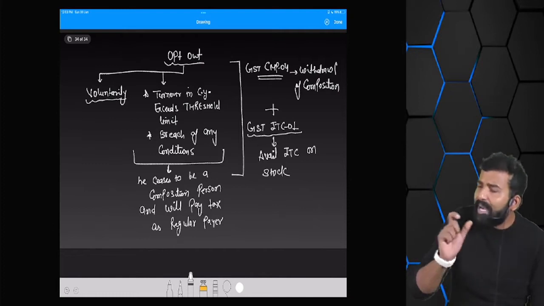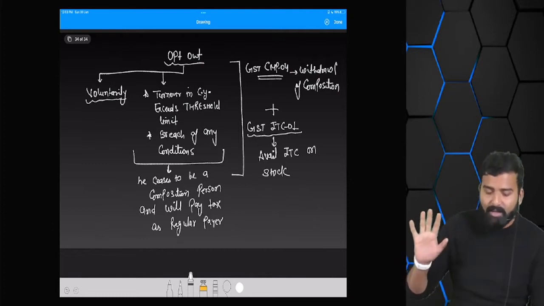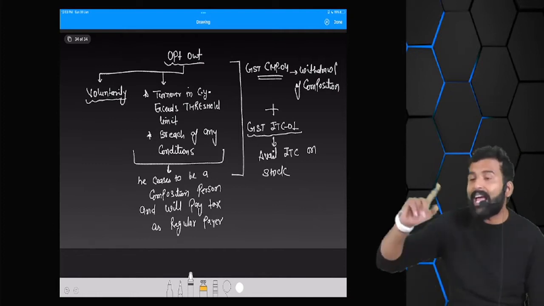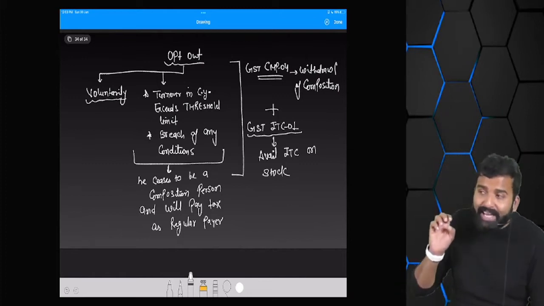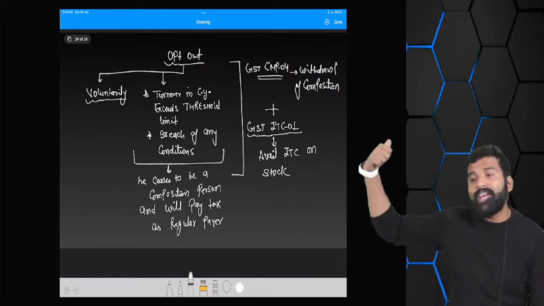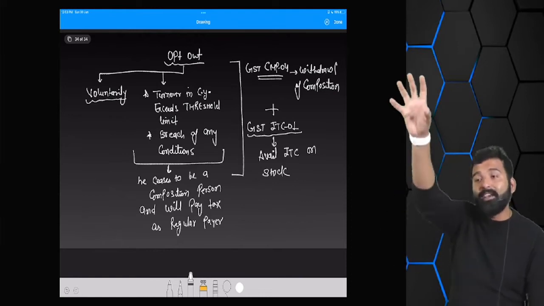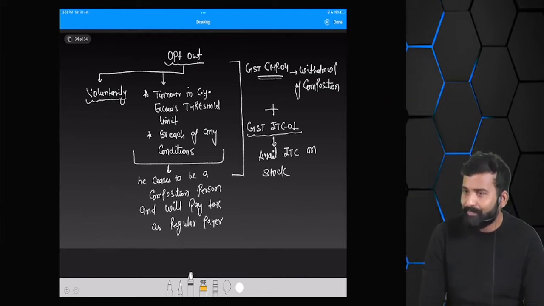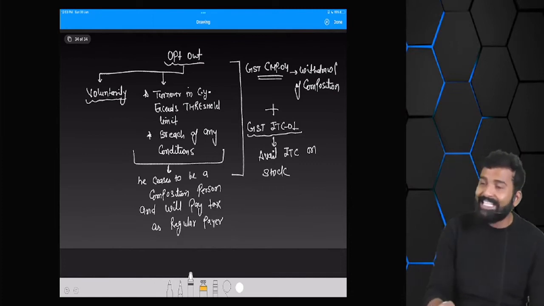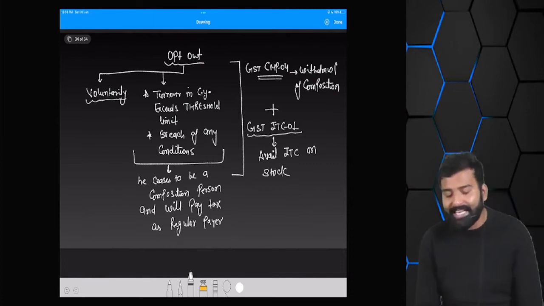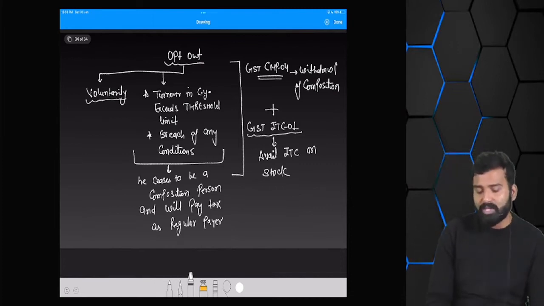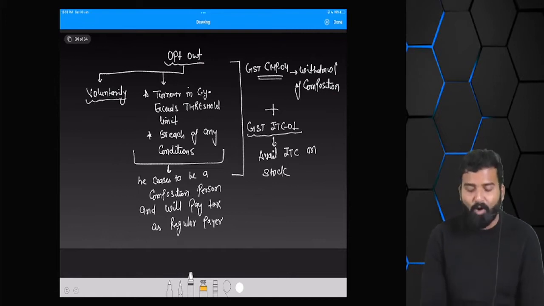So it's the complete opposite of what we have done at the time of availing composition. When we are entering the composition scheme, we have to reverse ITC. When we are going out of the composition scheme, we can claim ITC on the stock. So there are two forms. ITC 03 is for reversal and ITC 01 is for availment of ITC on stock at the time of opting out of